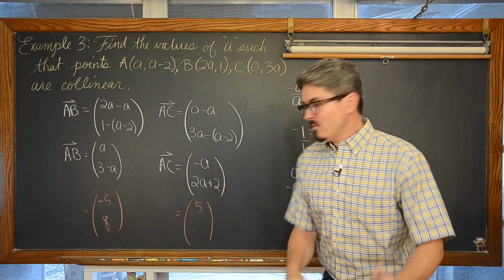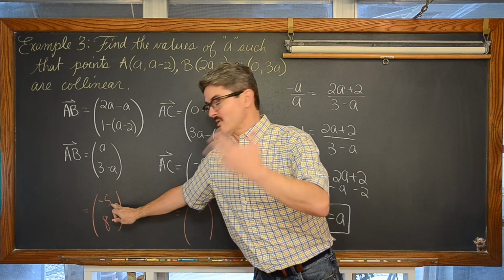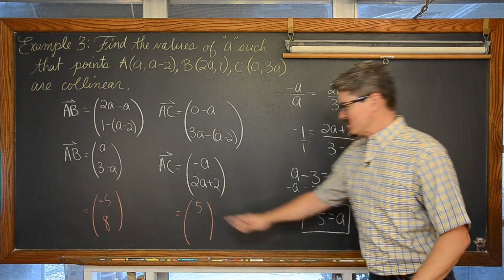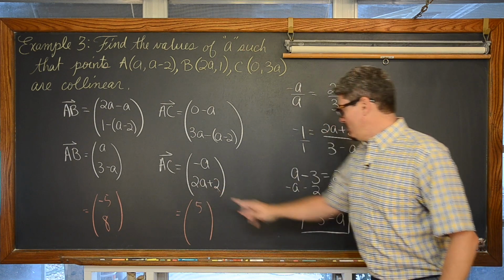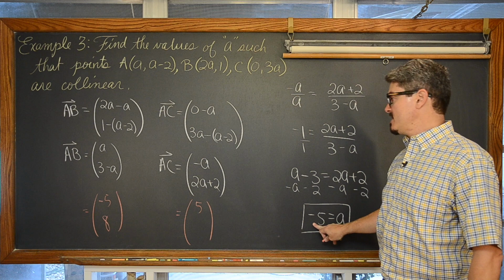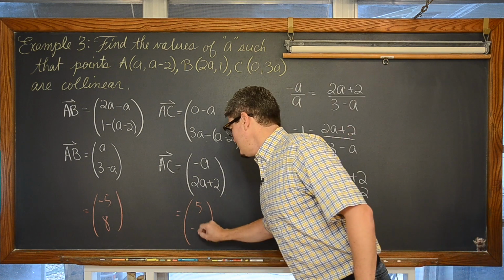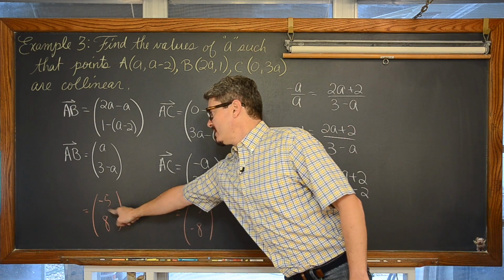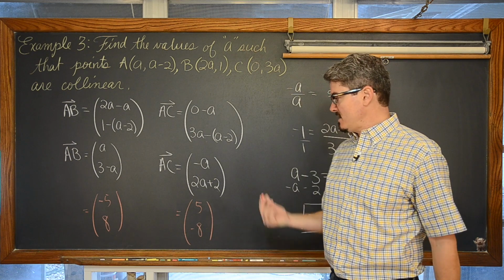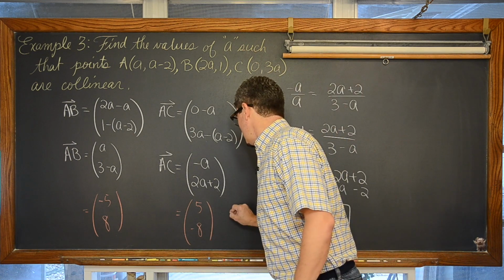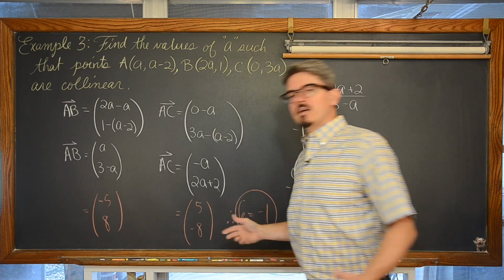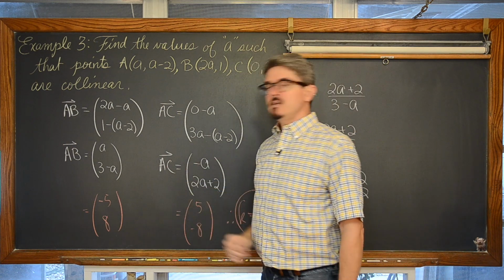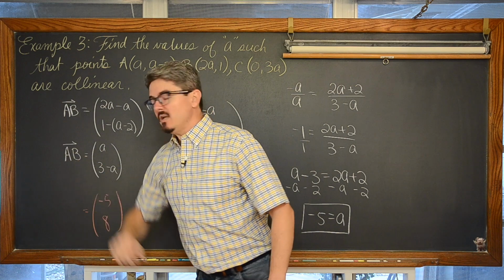Oh man, am I in trouble? Because that x component, that component along the x-axis is negative, and this one's positive. Maybe we made a mistake. But we have 2 times negative 5 is negative 10, plus 2 is negative 8. And as you compare vector AB to vector AC, we see that our scalar multiple is just simply negative 1. Thus, AC is a scalar multiple of AB.